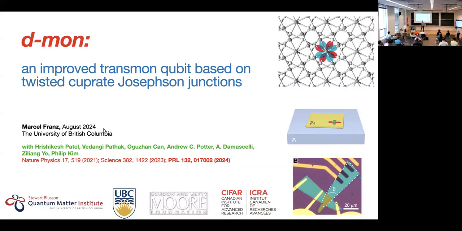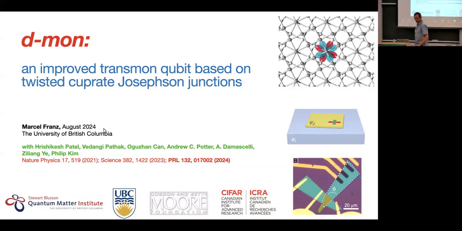Okay, good morning. Let me first thank the organizers for inviting me to this conference. I usually don't come to quantum information conferences. My background is in correlated quantum matter, mostly electrons, topology, and superconductivity. But recently we made a foray into qubits, and so I assume this might be the reason why I'm invited here.